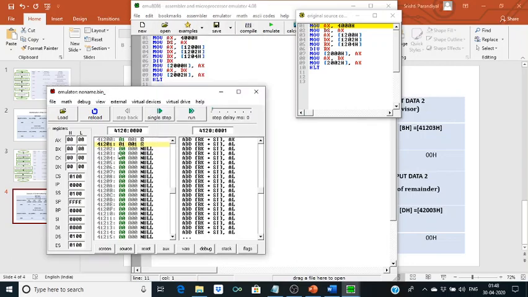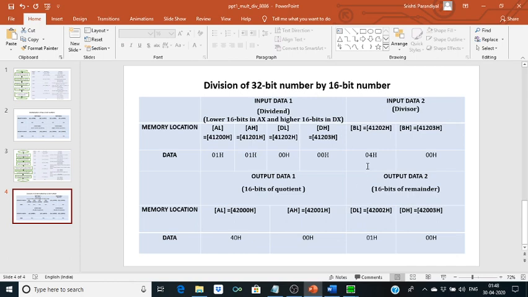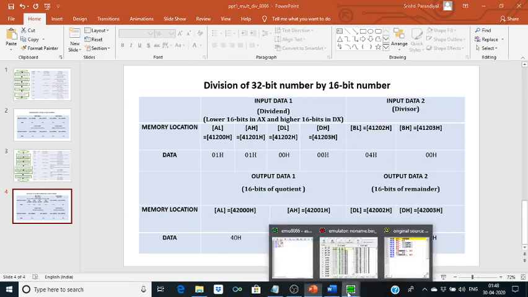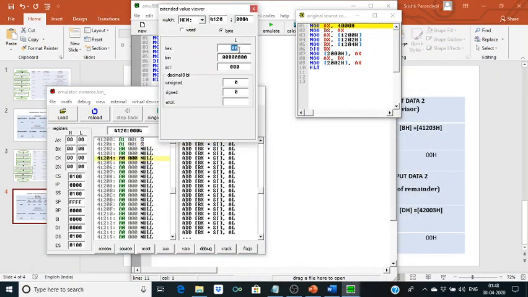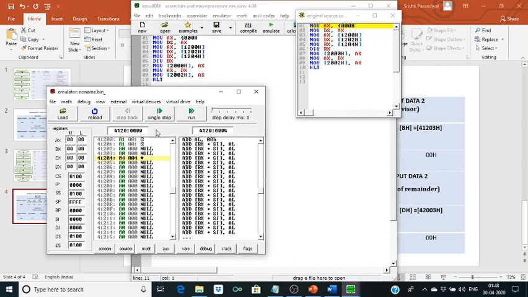So these four memory locations store the dividend. So it is 00000101. Now for the divisor we are taking 0004. So here we will store 0004. So we have stored our data.